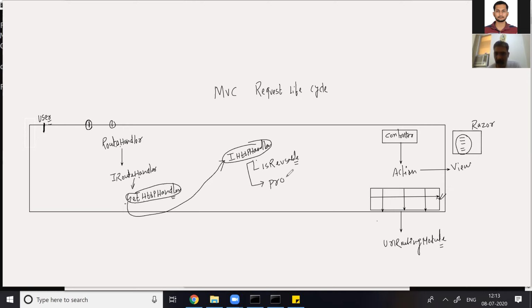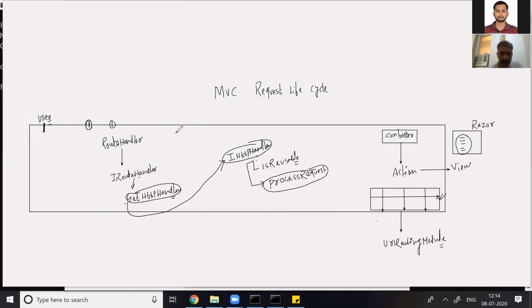The most important part of the MVC request pipeline is ProcessRequest. ProcessRequest is an abstract function of this interface, and this function acts as a main. So who implements this interface, defining this function?